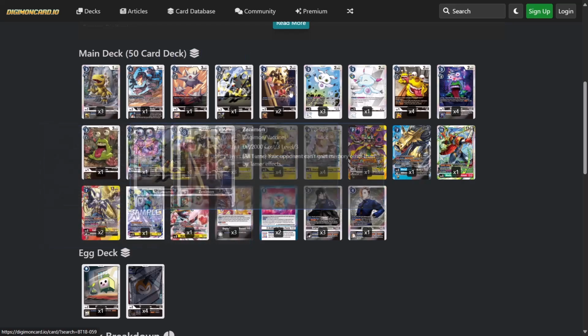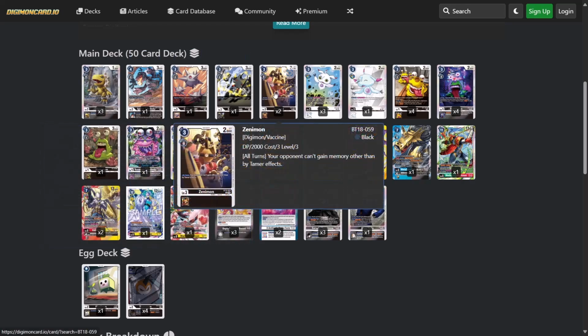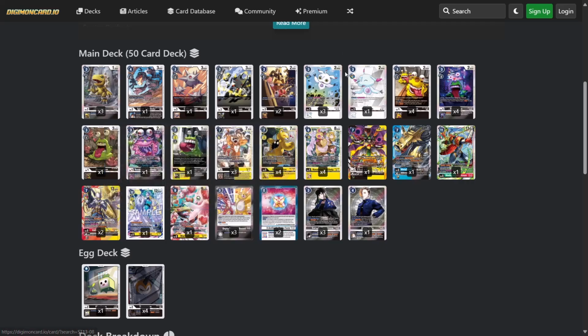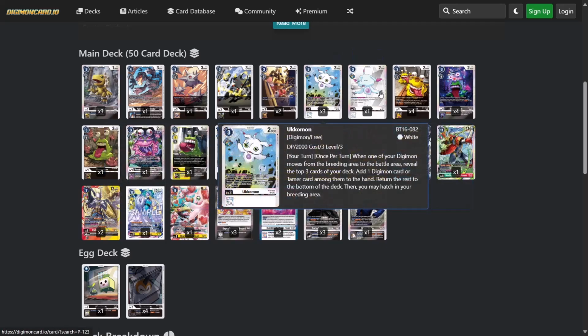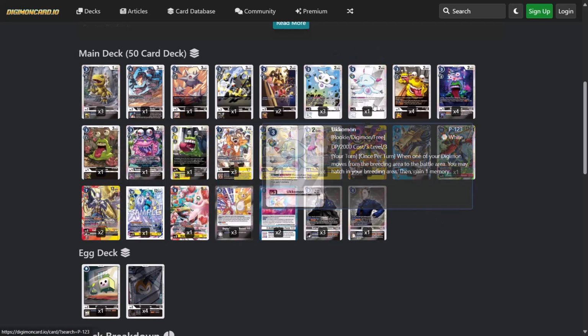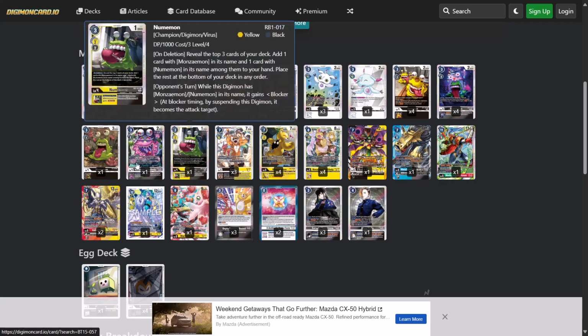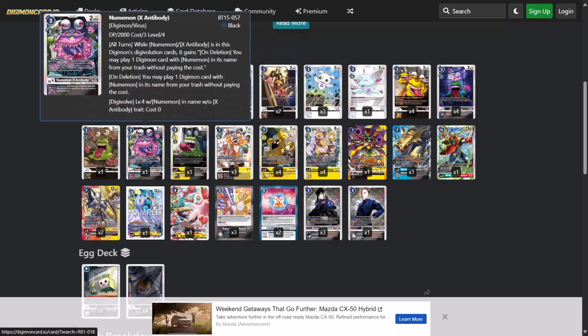Using these bottom ends, they're able to negate stuff: can't gain a memory, can't reduce play cost. This one says can't ignore Digievolution requirements. Having the hit where the Ukumons came down from being 8 Ukus to kind of just swing in really hurt the deck. And having Lewis kind of go on 2 and then restricting Numemon X really made the deck fall